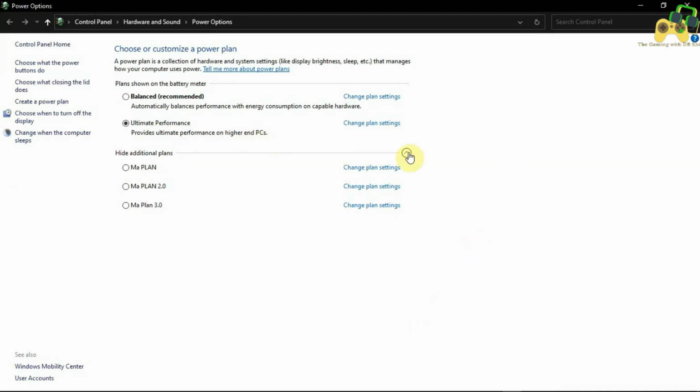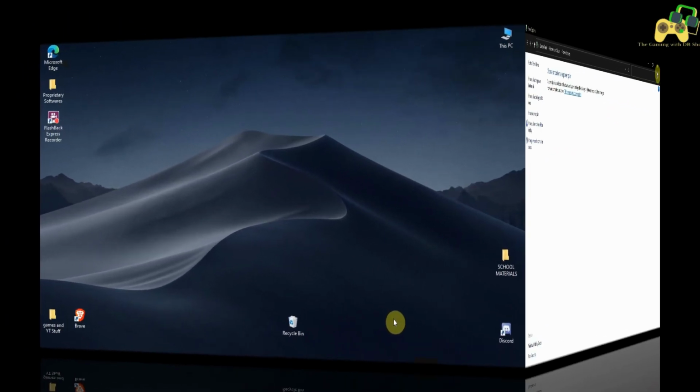You can go here, and after the PowerShell command there will be an additional option of ultimate performance, like I have enabled here. So you can go ahead and select either of the two based on your preference. You can hit and trial both, to see which is better for your PC, high performance or ultimate performance. So moving on to the next step, some certain settings in the Windows settings.